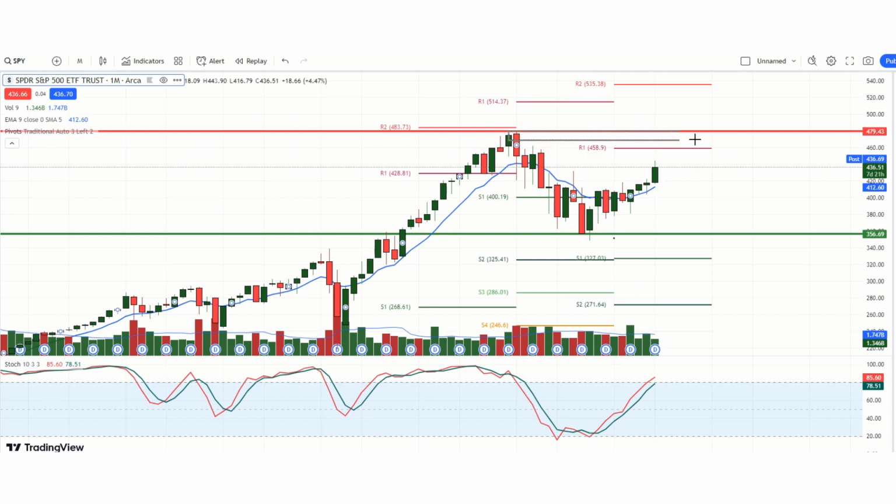Can it go up to this area here? Okay, can it go up to that area? Yes, it can. And where is that? Okay, so the high on this month right here, which was June of 2022, was 479.98. Right now, okay, so right now we're at, what did we close? 436.51 today, and this is June 22nd, 2023. So let's see what happens when you come up into this area.